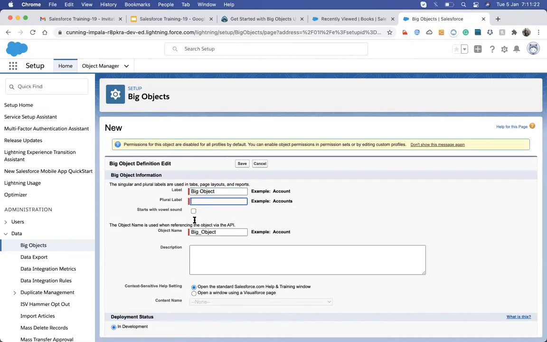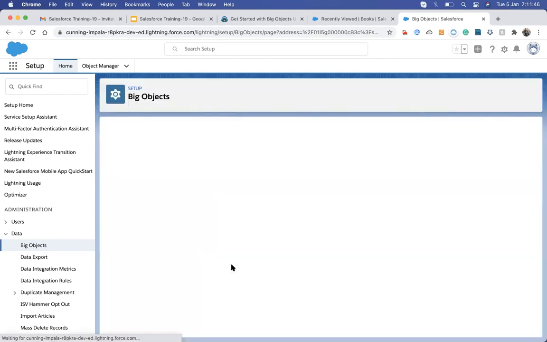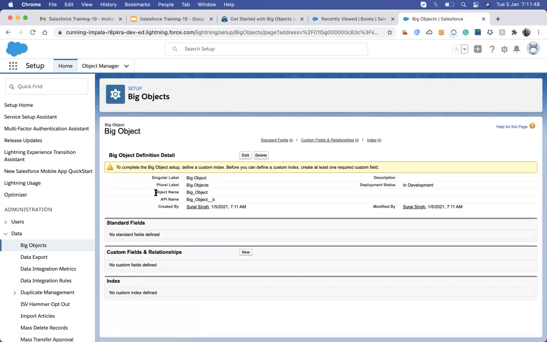This UI is pretty similar to what you saw while creating an object, but a few things are missing. We can't create auto numbers here because it is not allowed. We just create what we need and hit Save. Okay, now it's created.